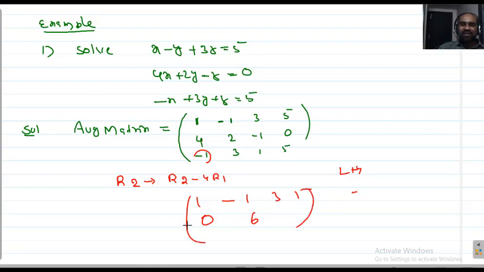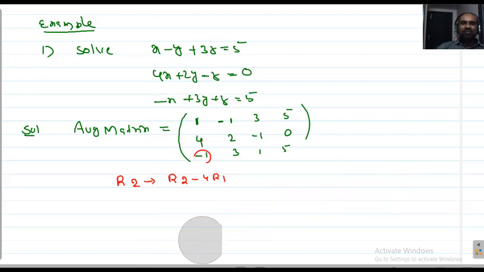This is not a determinant. If after applying row transformations or column transformations to a square matrix the determinants are the same, but here that is not the case. So these two matrices are said to be equivalent matrices, not equal matrices. They will use this symbol: A matrix is equivalent to B matrix after applying row transformations. Understood? That's why these two are not the same matrices. In matrix language you can just say that they are equivalent. Okay, take care of that.